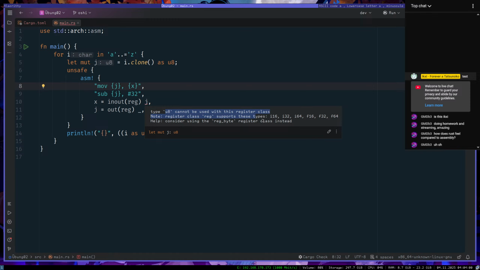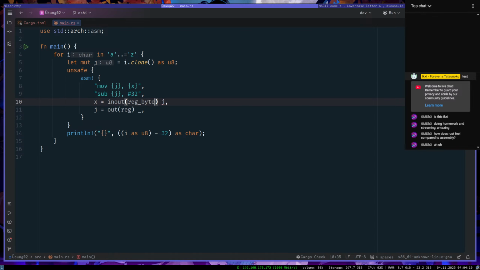Why can I only use signed integers or floats? Consider using the reg byte register. Reg byte. Value assigned to J is never used, so. Right, okay.